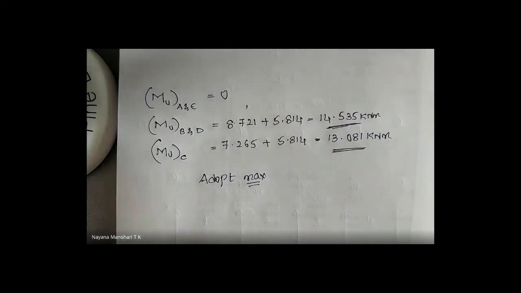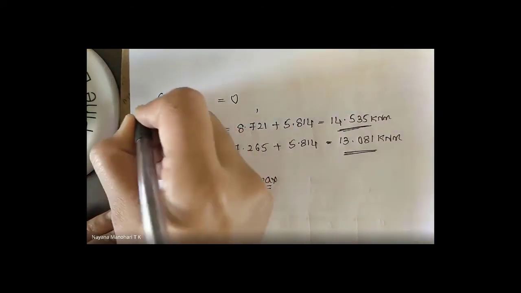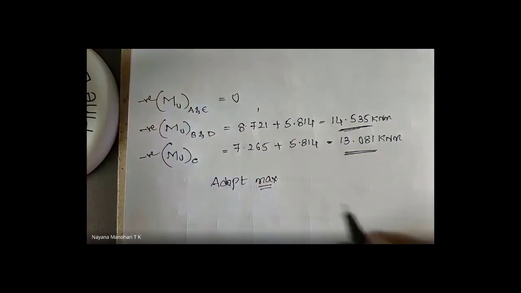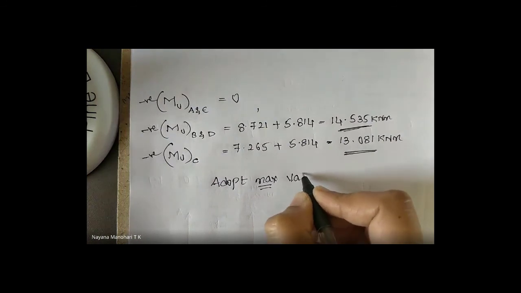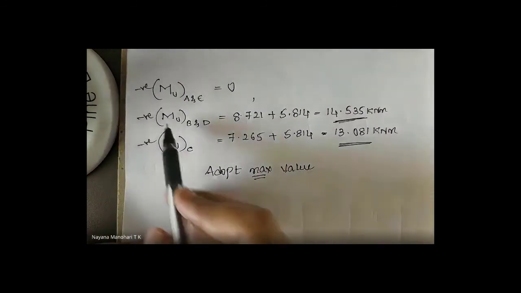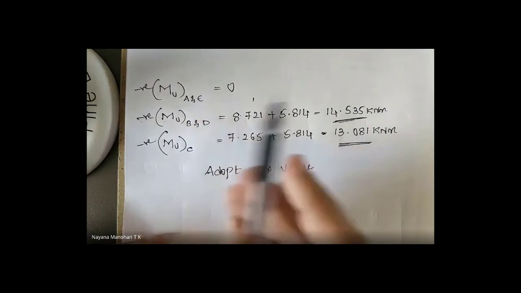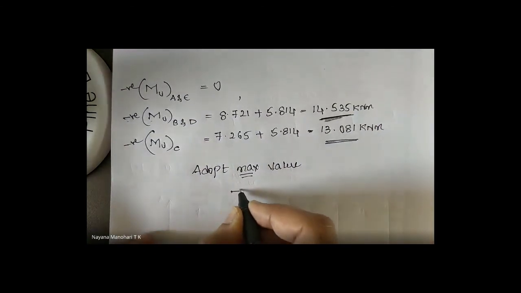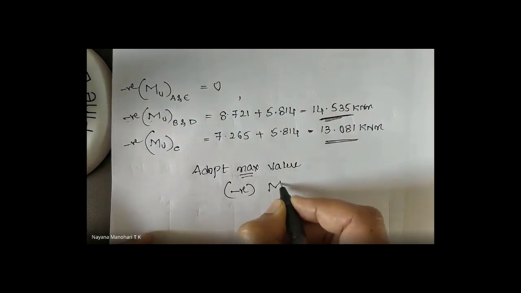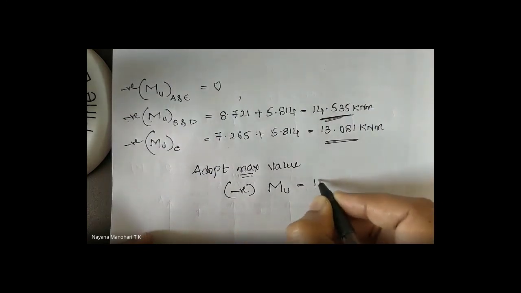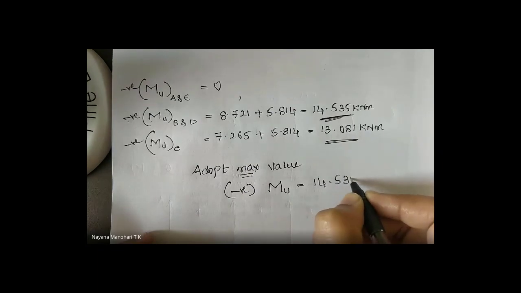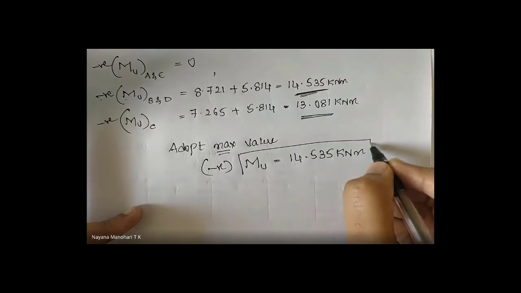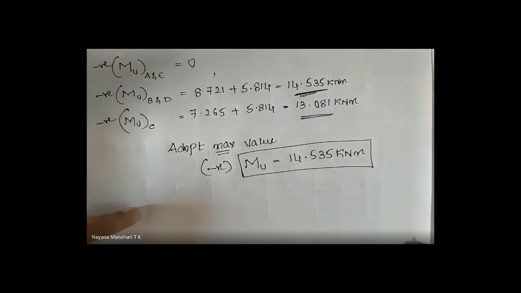Okay, write it down here. Negative moment. Okay, negative moment. Adopt maximum value. Adopt here, moment it is negative. Okay, take this value, adopt maximum moment value, that is negative. Mu will be equal to 14.535 kilonewton meter. This design moment value you need to consider for further